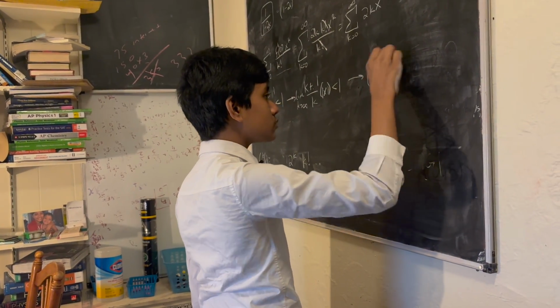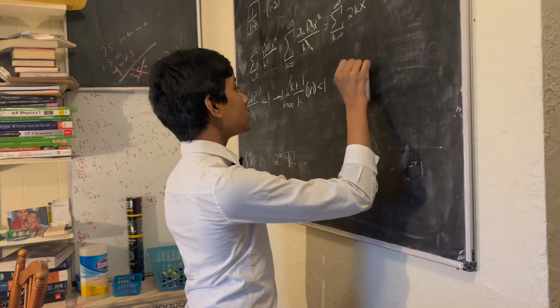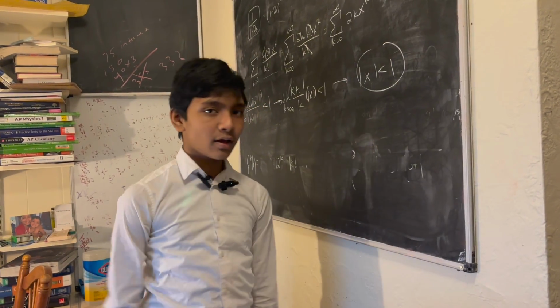This is just 1 plus 1 over k, which approaches 1, since 1 over k approaches 0, which means we just get the absolute value of x has to be less than 1, which means our radius of convergence for this expansion